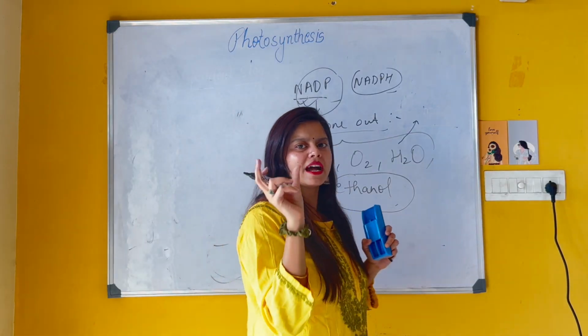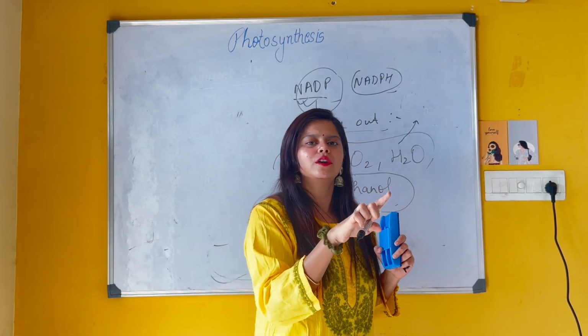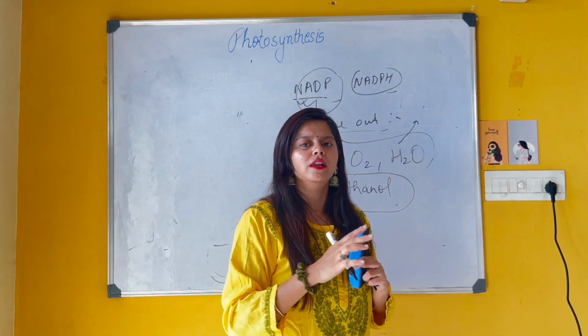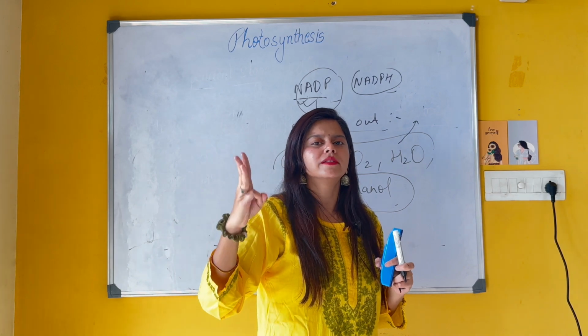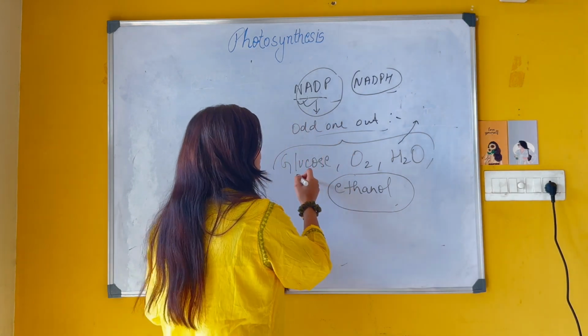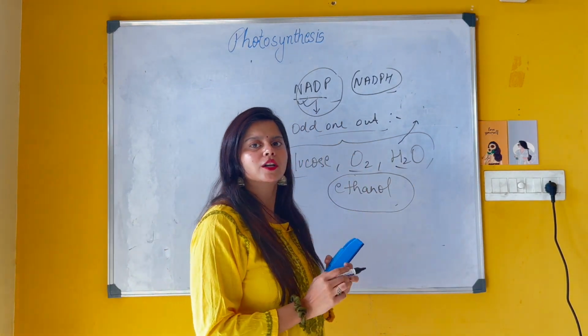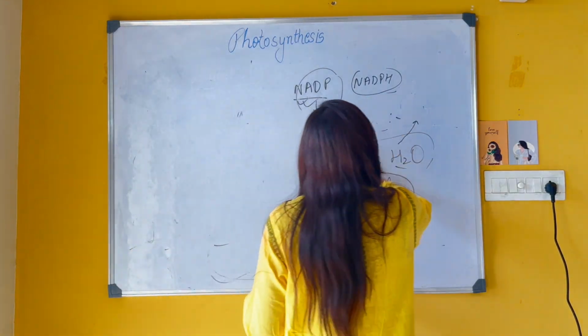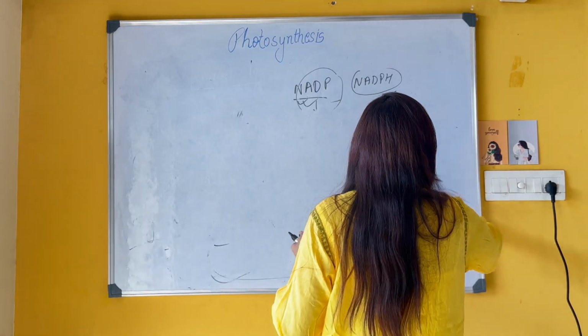Photosynthesis. You remember the reaction for photosynthesis? Carbon dioxide and water combine in the presence of sunlight and chlorophyll to form water, oxygen and glucose. So what are glucose, oxygen and water? End product of photosynthesis. Now, moving to the next topic,